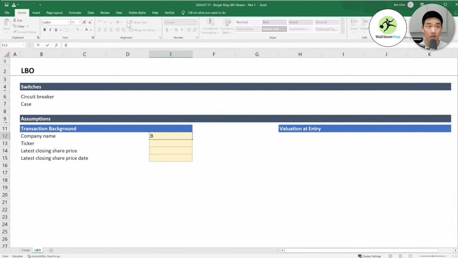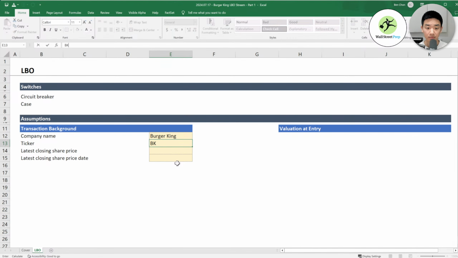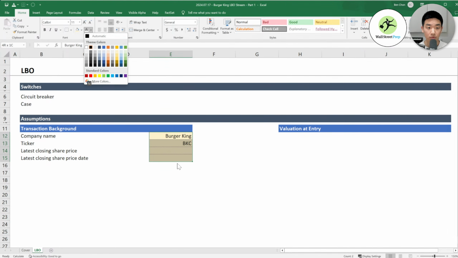All right, company name, Burger King. The ticker before it was acquired, BKC. I forgot, actually, it should be obvious based on the fact that there's like $1 per share, but Burger King was a public company, and then it got taken private through this transaction. So ticker BKC. I'm going to make these blue.